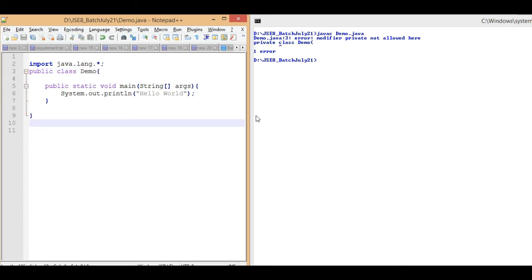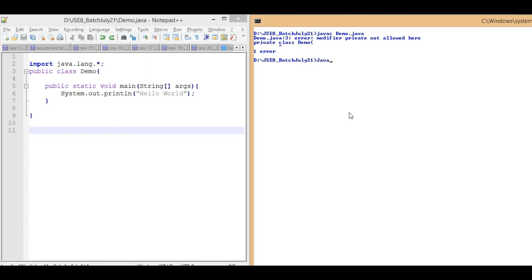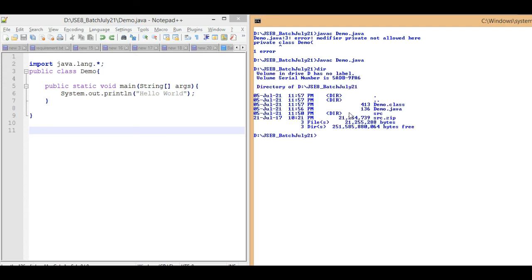Now save this file and compile it. I was supposed to compile here: javac Demo.java. Check the directory. Yes, Demo.class is here. java Demo, yes, executing. So this is standard.